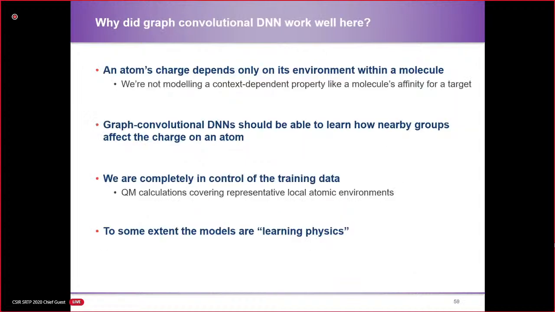So just some thoughts on why the graph convolutional neural network worked better for atomic charge predictions. Some of the reasons are that the atom charge depends on the environment of the atom. And the graph convolutional neural network, as I said before, actually learns about all the atoms that are in the vicinity of the atom itself. That's why it has better chances to actually predict the properties of an atom. Similarly, the nearby atoms that affect the charge on the atom are readily, automatically picked up by the graph neural network